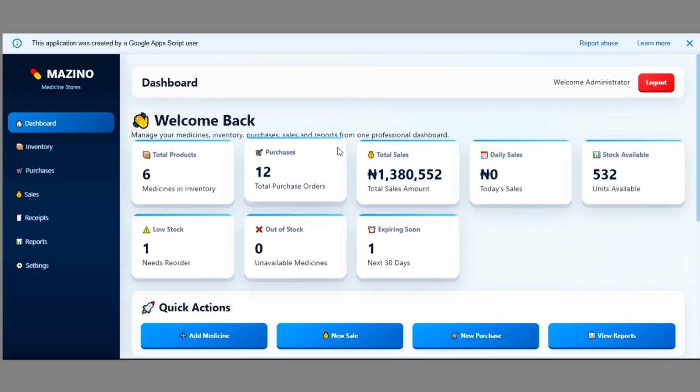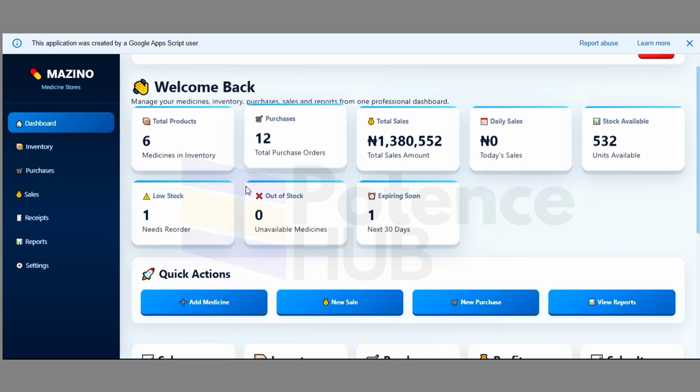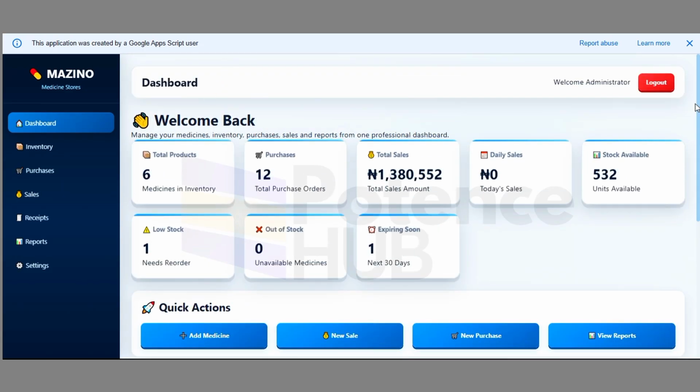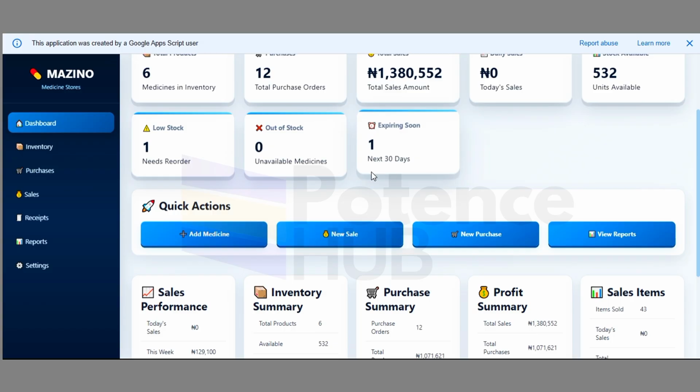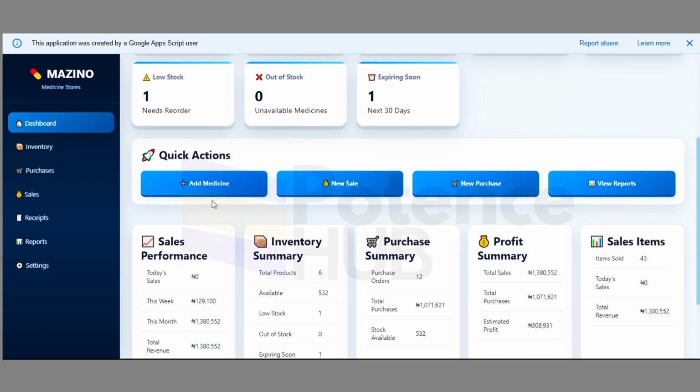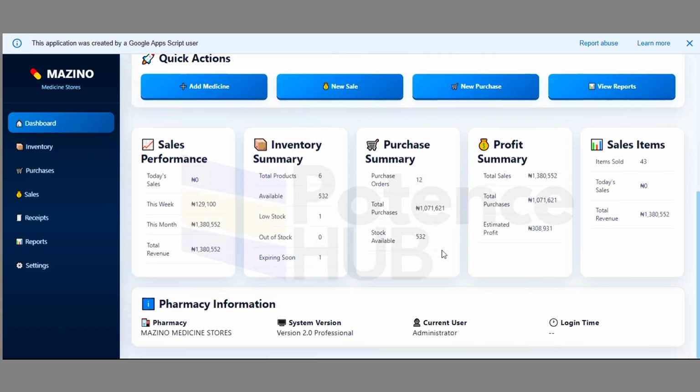Now, as you can see, we are right here, and this is what it looks like. A very beautiful, nice dashboard. As you can see, the name is Mazino medicine store. It is a very beautiful one. As you can see, we have everything stacked right in the dashboard, right from the sales, performance, inventory summary, the purchase summary, the profile summary, the sales item, and all of that,